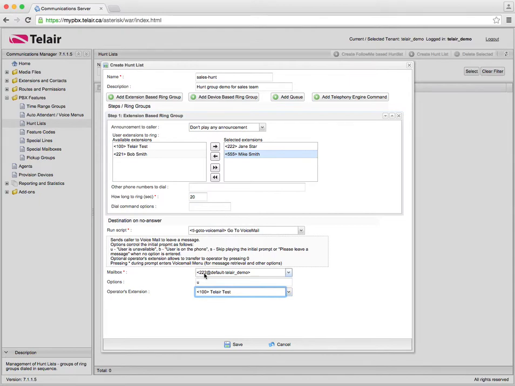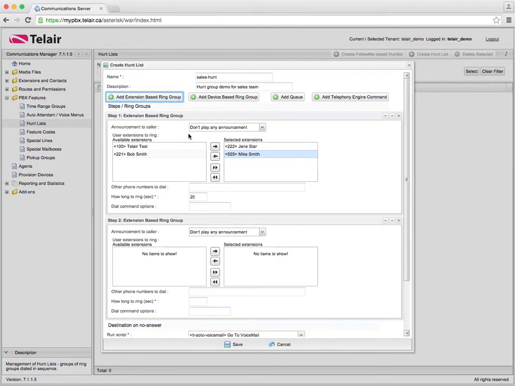Now, what if I want to ring these two phones for 20 seconds, and just in case I want to ring myself as a failover, as maybe a team manager, just to make sure that the callers aren't going straight to voicemail, they're going to get somebody. I can add another extension group, which is going to list it underneath, and then I can specify additional groups of people to ring. So if these are my level 2 groups, I can say ring my first set of